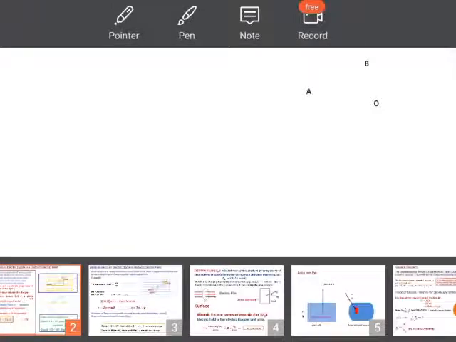What is torque? You might have studied torque in PUC first year. Torque is nothing but the moment of force or rotational force. It is a Latin word, the meaning of which is to twist. Torque is denoted by the symbol tau, sometimes we use the symbol tau or sometimes T also. So this is the symbol of torque.